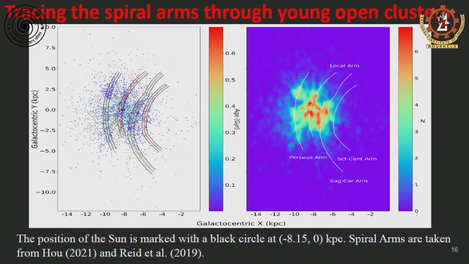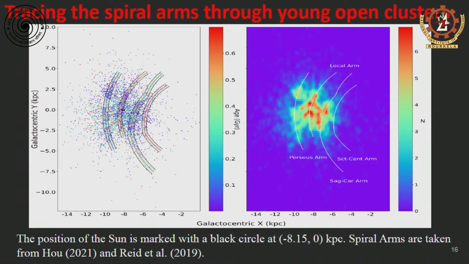Here I have drawn the star clusters younger than 700 million years in color, and the rest of them are gray, the older clusters. And this is the density heat map of the same thing. Basically both are the same, only that this is the density heat map. You can see that there is some structure